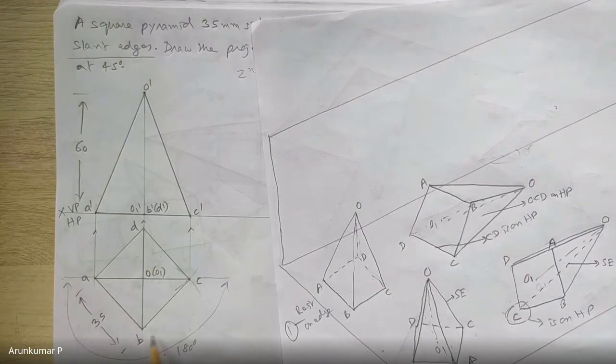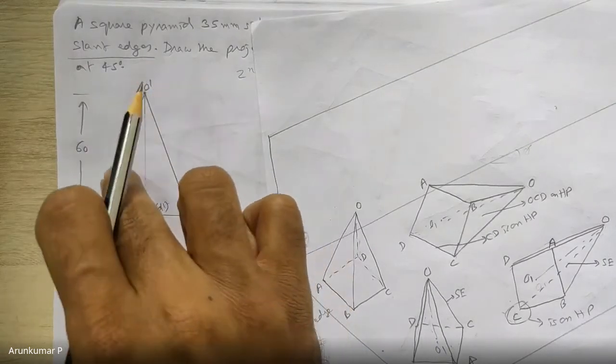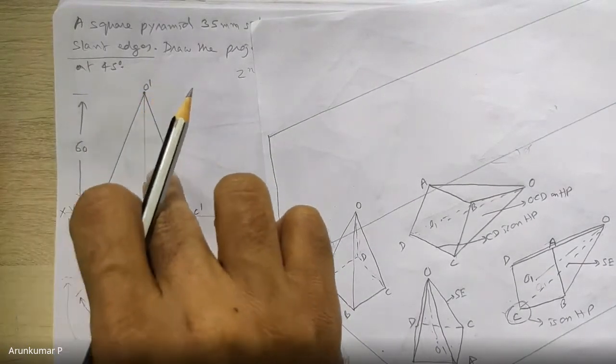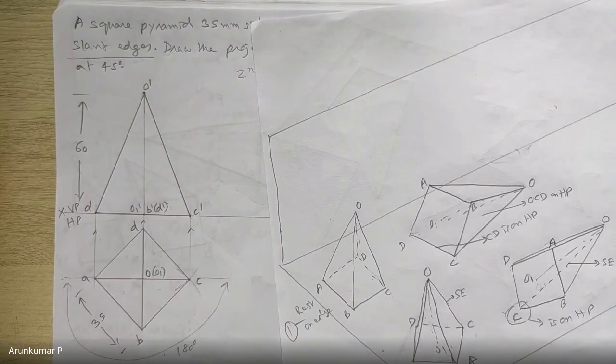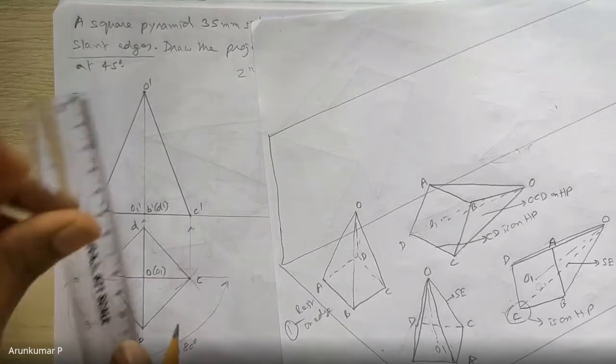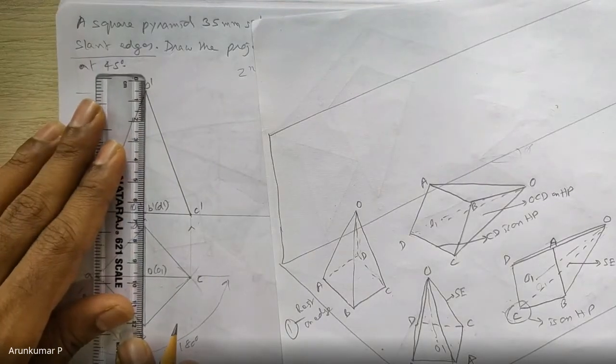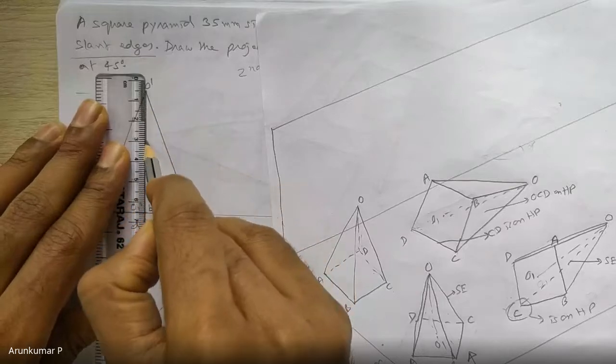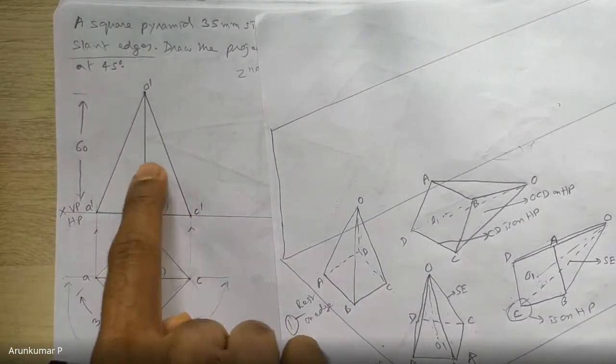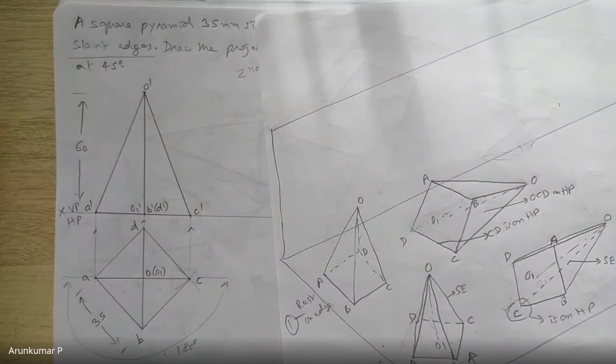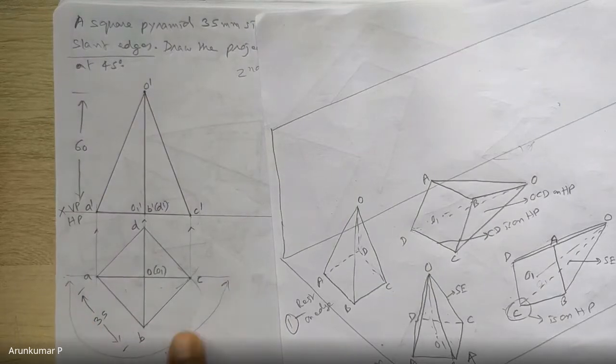Whatever is enclosed in this 180 degrees, those triangular faces you can see. So OAB and OBC can be seen clearly. If OAB and OBC are seen very clearly, that means in the front view you should get two triangular faces. So if I join this OB, that is O dash B dash, in the front view by a solid straight line, then you can see two triangular faces are seen in the front. So this is what you have to go ahead with, this 180-degree line of sight.